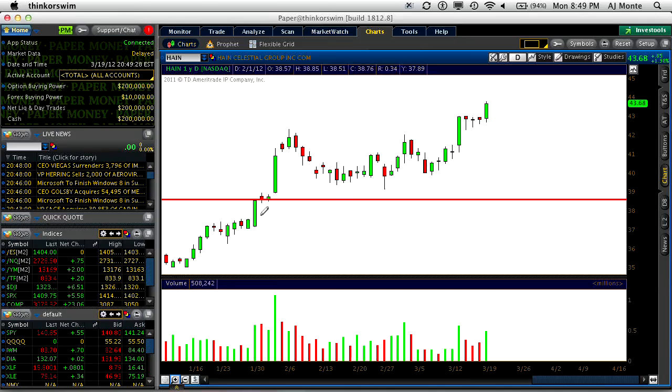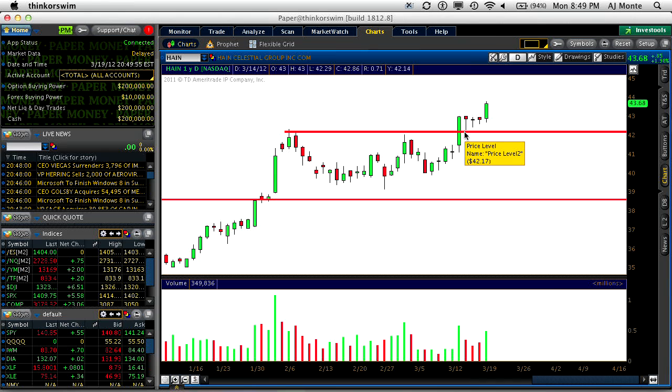So we have a role reversal line here, but look at this. We have a secondary role reversal right here. See, back on the 6th of February, it hit the high, it came back down, tested the high again on March 1st of this year, and then there we go. There's your breakout. On March 13th, it broke out over the high, and the very next day, look at that, it came back and it tested that support level. So now we have a stock that's starting to move up again on a